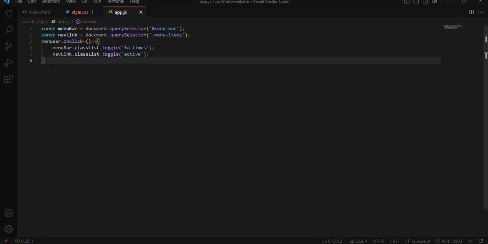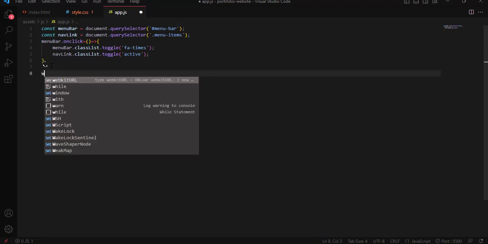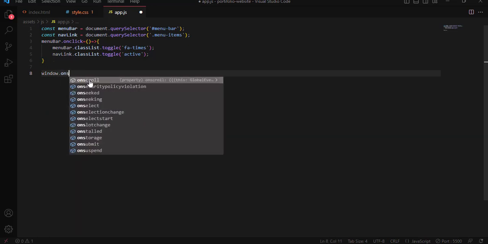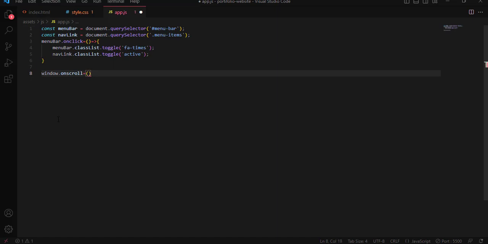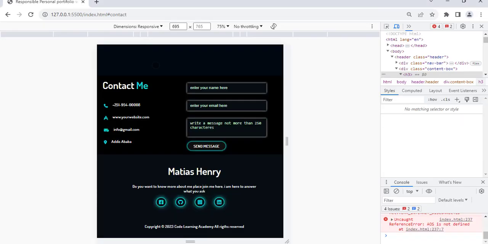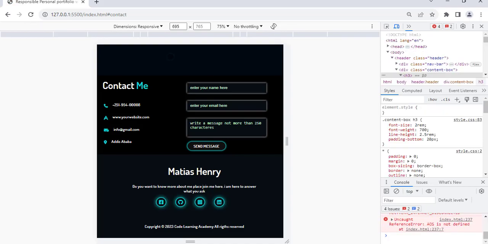Now, over here, when I click this toggle menu, then the navigation link is displayed just like this one, but after I click this, then this navigation link should be removed. So to do this, we are going to use on scroll event listener right here on scroll, then class list. We are going to dot remove, then we're going to remove this. After that, when I refresh the web page,